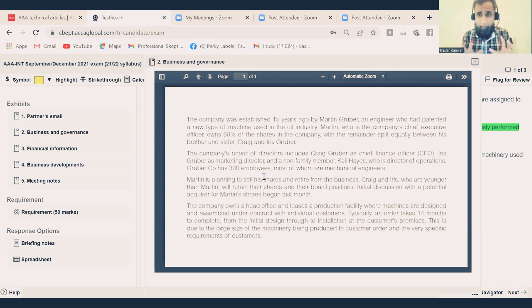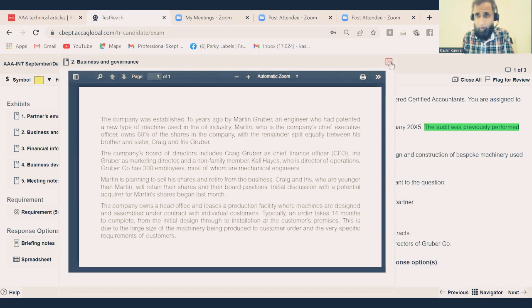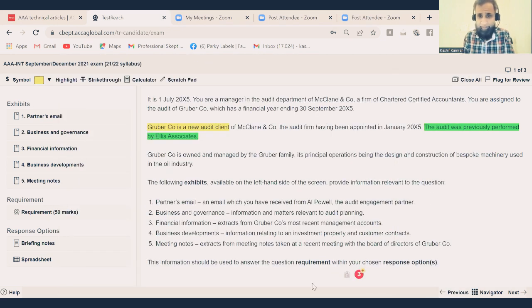I think there is no information available for planning the new audit client. We need to write the answer, taking the general knowledge we have for planning the new audit client. Most of the information here is about audit risk, so we just close it up. We'll come back when we are doing the audit risk. But let's currently look at this.